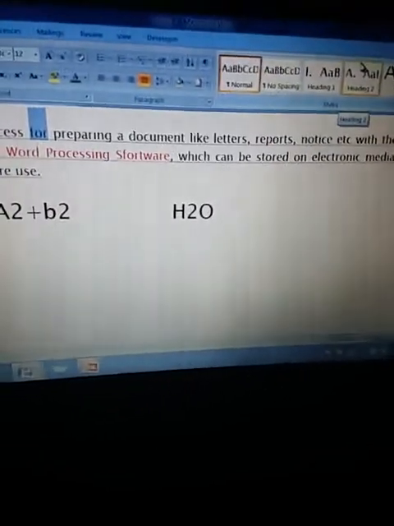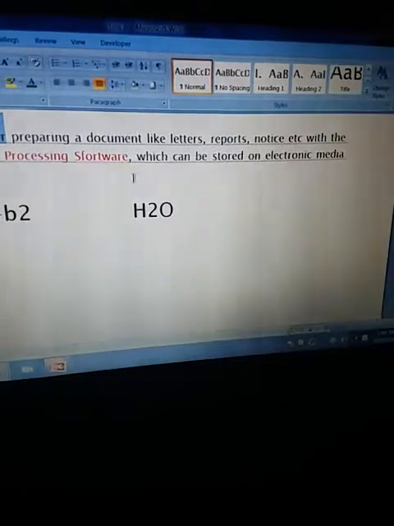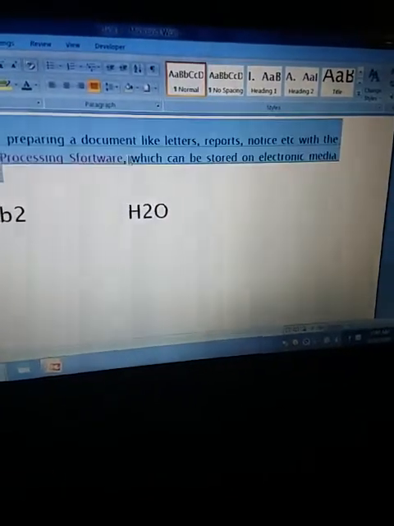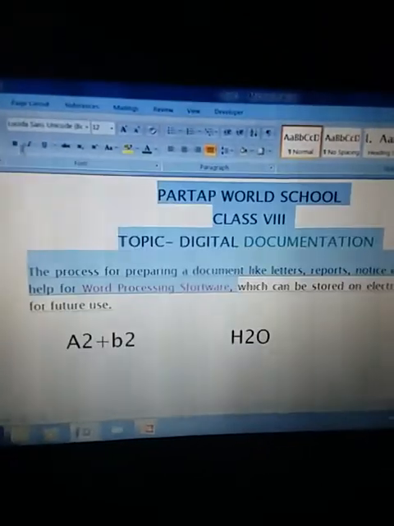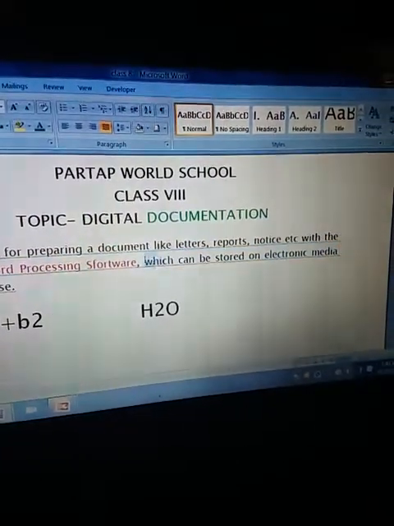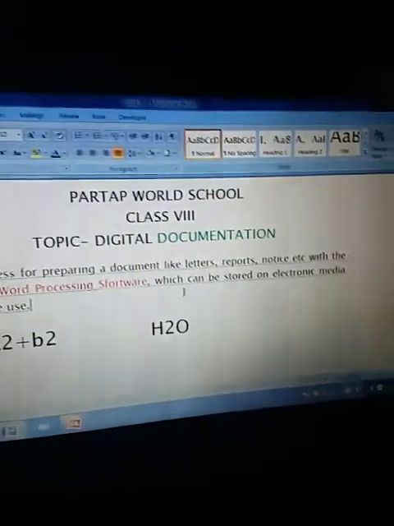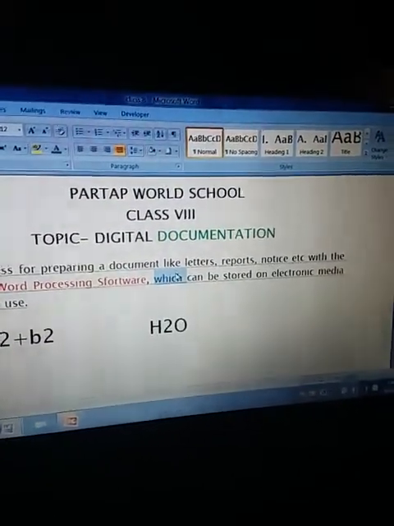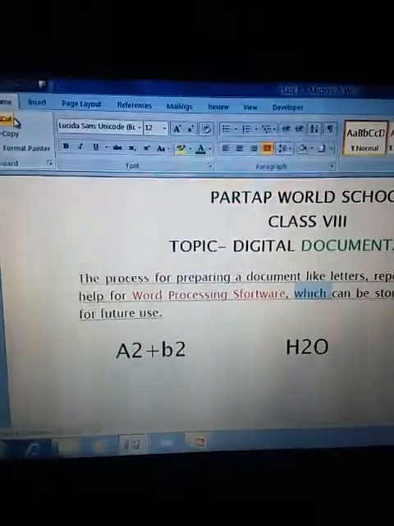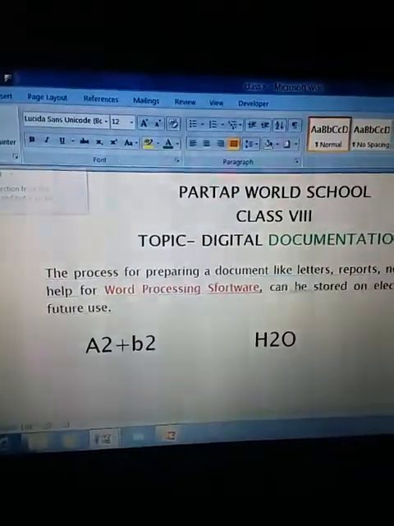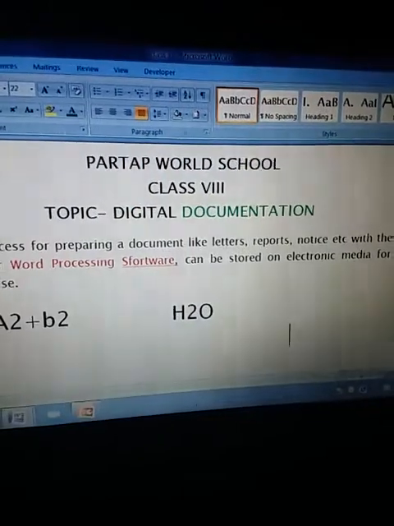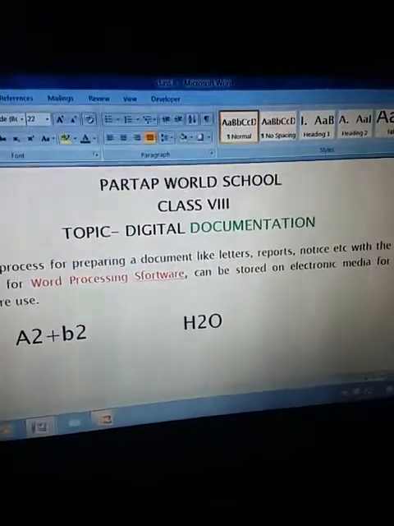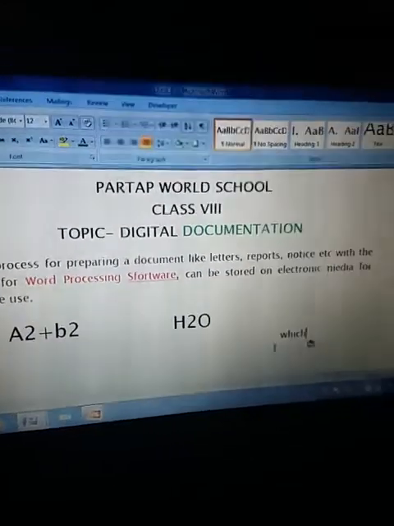Next is moving and copying. So what is moving? Moving is the process of moving any text or object from one place to another. Firstly you have to select the text. I have selected this text. Now I am clicking on the cut option. Either I will click on the cut option or I will press the Ctrl plus X keys. You can see that it has disappeared from here. Wherever you want to place it, put your cursor there and press the paste option, or you can press Ctrl plus V. That is pasted here. So this is moving.